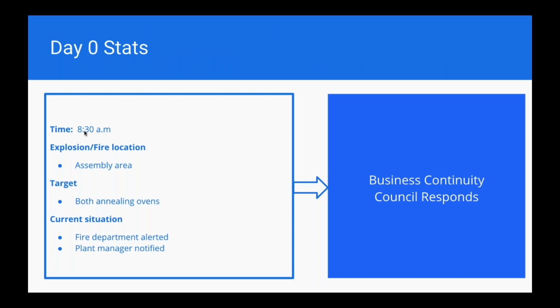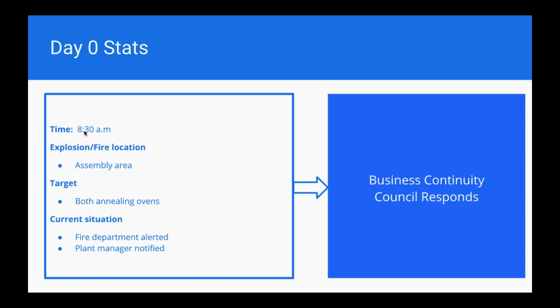So let's use this one as an example. This uses day zero, 8:30 in the morning, and we find out there's a fire in our assembly area, and there's a couple of annealing ovens that are impacted by it. Basic process: we contact the fire department. Plant manager, who may not be there at the time to be traveling, is notified, and we would talk through